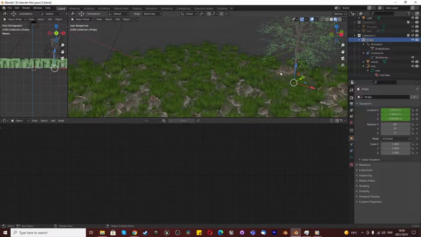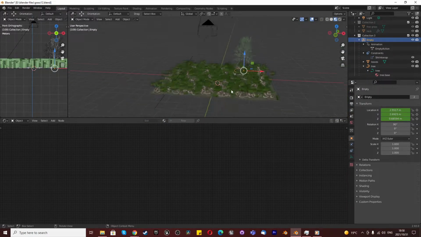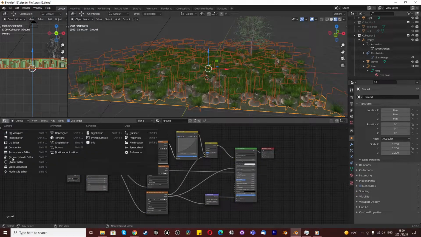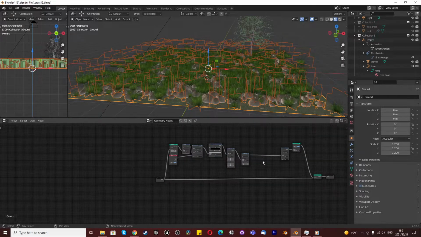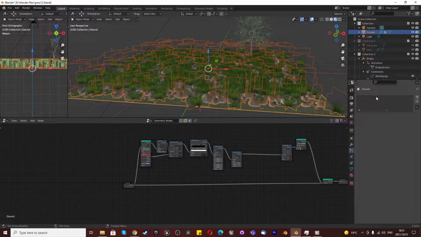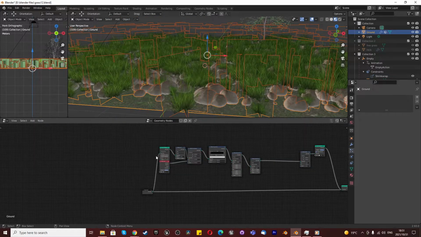First off, if you're adding an empty to the scene, but before you do, let's quickly talk about the geometry nodes that we added here. Now, in the previous tutorial, just in case you have been following, you may have added the rocks using a particle system. Unfortunately, the particle system is broken when it comes to geometry nodes, and geometry nodes is about to go through a major update, which means everything you see here will work for Blender 2.9, and then at version 3.0 and onwards, they're completely overhauling the system. But I use Blender 2.9 in this. So the things that you want to pay attention to is,